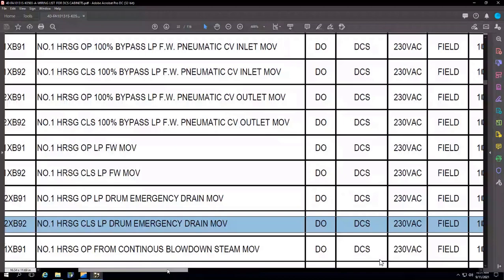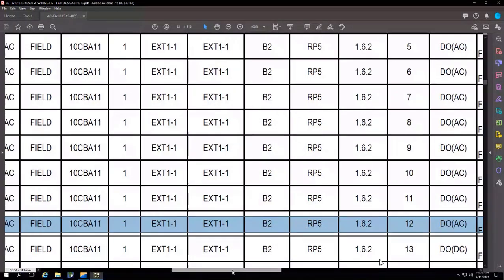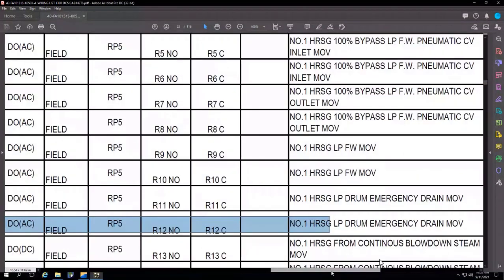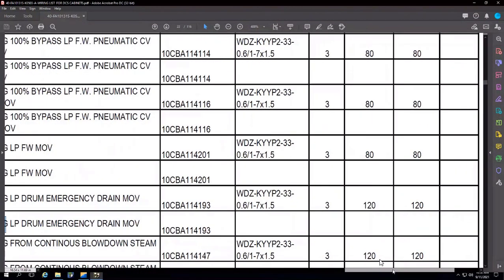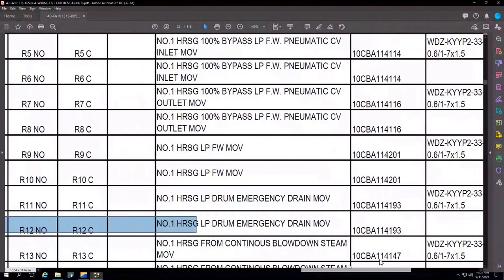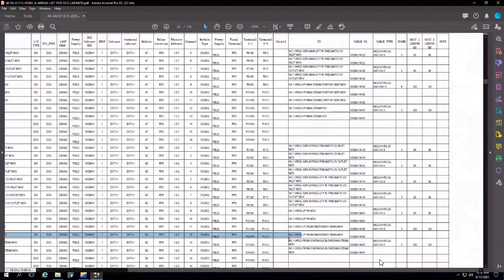For this point, if you go into the right side, we have some external option. Give me a second. Device 1 or device 2.